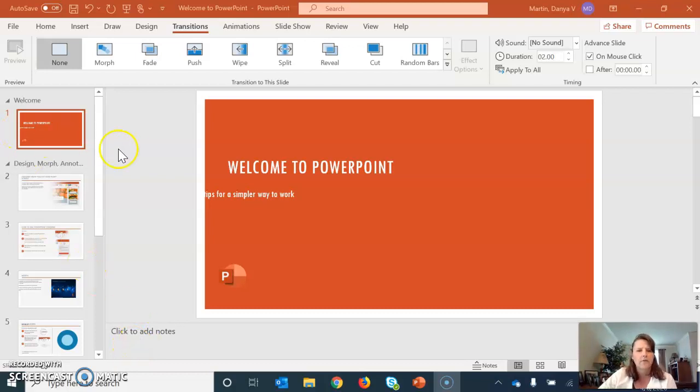Okay, back for video number 2. And I think I have a 15-minute limit, so that's kind of why I have to do it in little sections. But we are looking at transitions, and transitions are how one slide moves to the next when you are